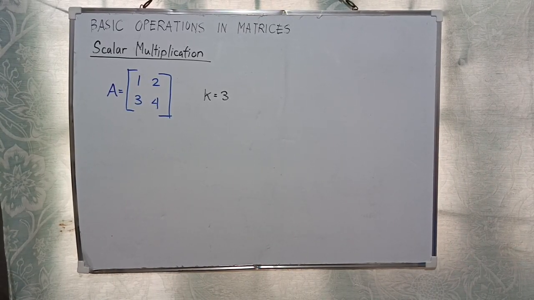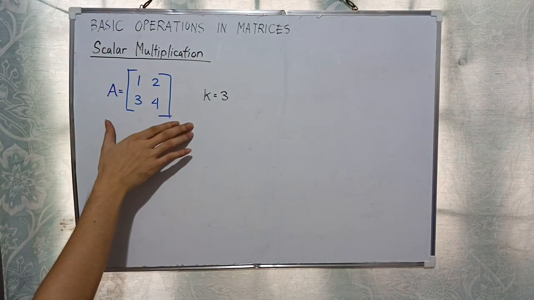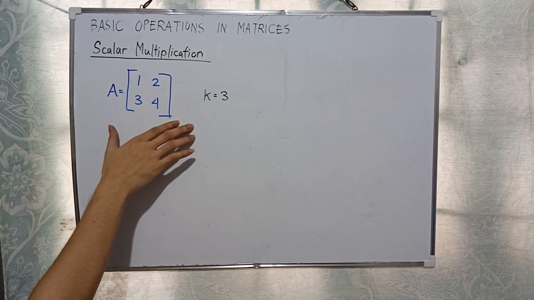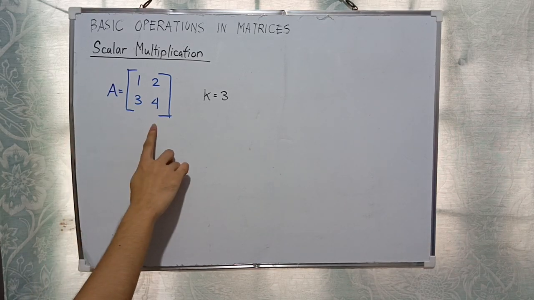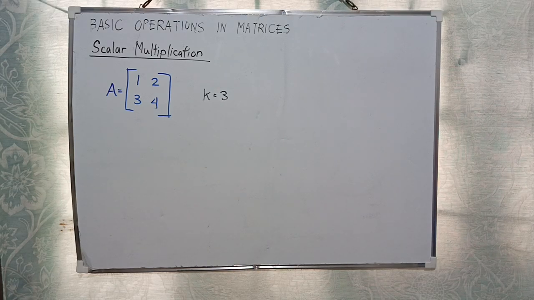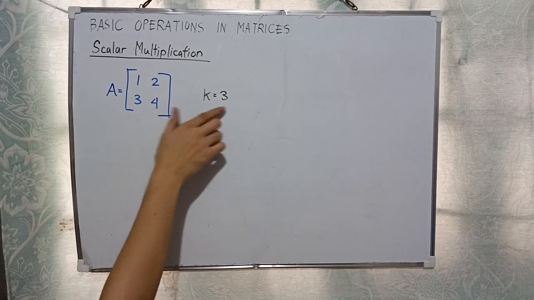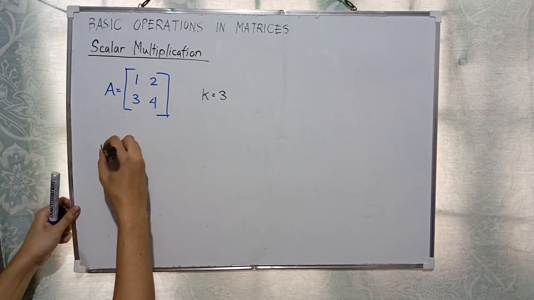So next we have scalar multiplication. In scalar multiplication, we simply multiply the scalar value to a certain matrix. For example, we have this given matrix A, a 2 by 2 matrix, and our scalar value, which is equal to 3. So if we're going to multiply this scalar value to this matrix A, so we have K times